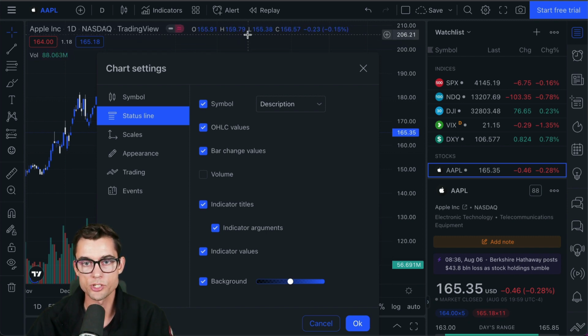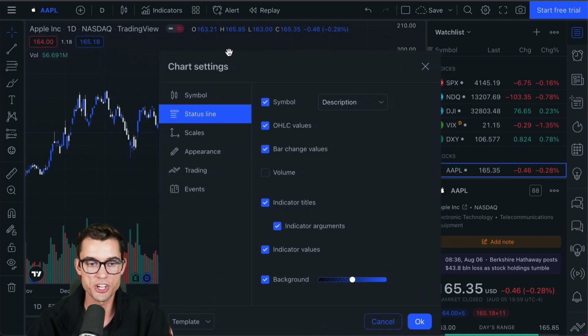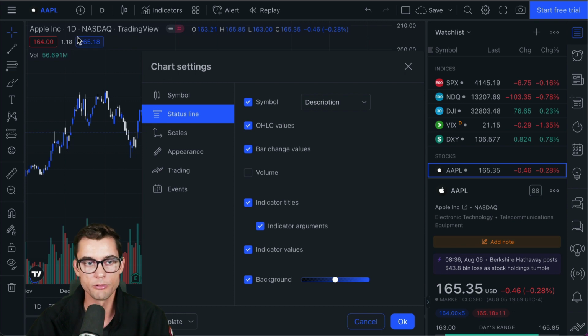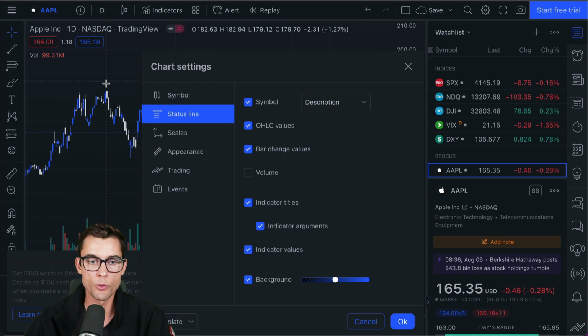That's what this O, H, L, and C stand for. And they tell you the open of the particular time period that you're on. So right now we are on the 1-day candles. So if we hover above this candle right here, you could see the O says 182.63. So that was the open. The H is 182.94. So that was the absolute high. That was the highest point in the day. The low, of course, the lowest point of the day, 179.12. The close is where it closed, and that was